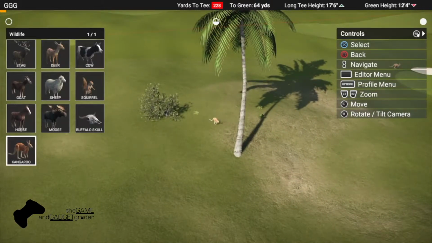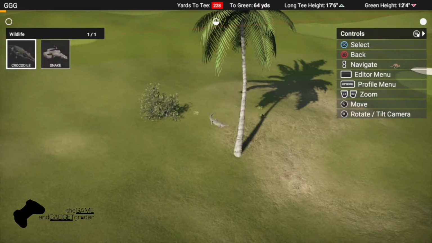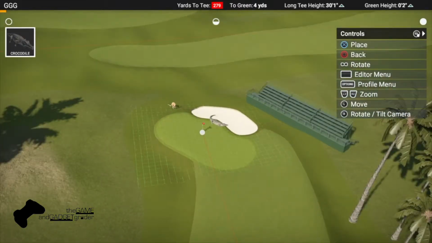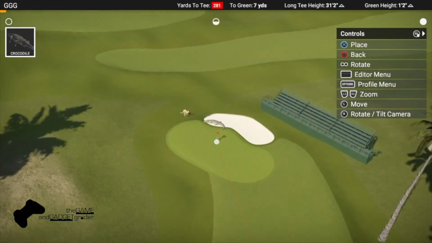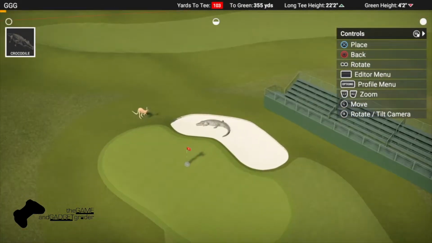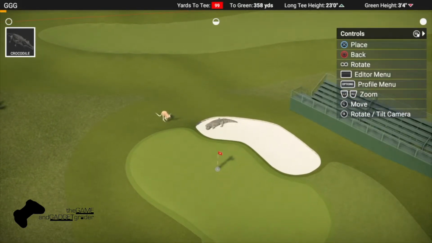And what is a tropical golf course if you don't have a gator on the green? We're going to put him in the bunker. Here we are. We're going to put him in the bunker. Probably making that kangaroo a little nervous over there, but...